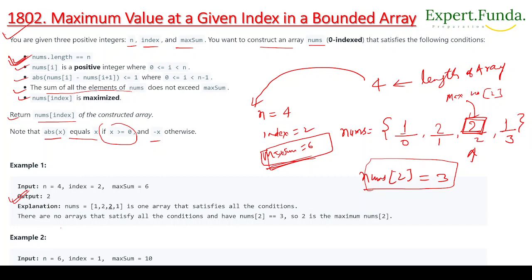Okay, so in this way you can try this example too, and you can make it. Actually it is saying that nums at 3, n equal to 3, 6 we have given, index equal to 1 we have, and maximum is 10, right? So you have to construct in that way only. Let's suppose we have given n equal to 6, index we have given is 1, and maximum we have given is 10. Okay, so if we write the array, the array would have length 6,